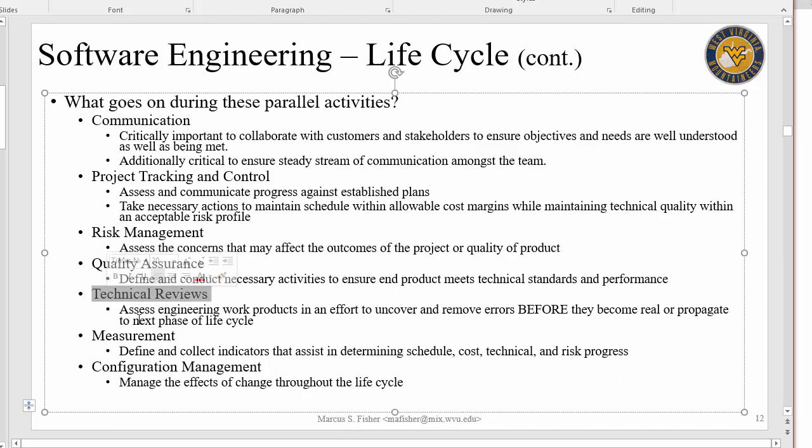Another parallel activity that we do is technical reviews. It's where we actually formally hold our colleagues